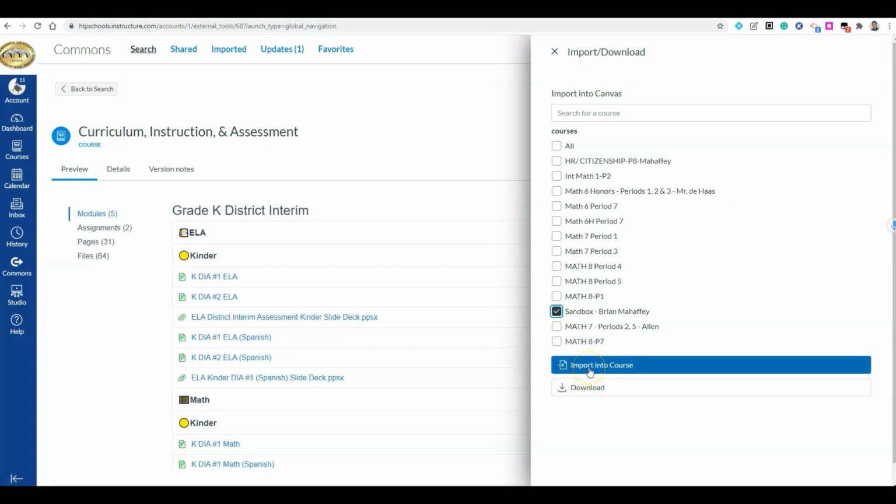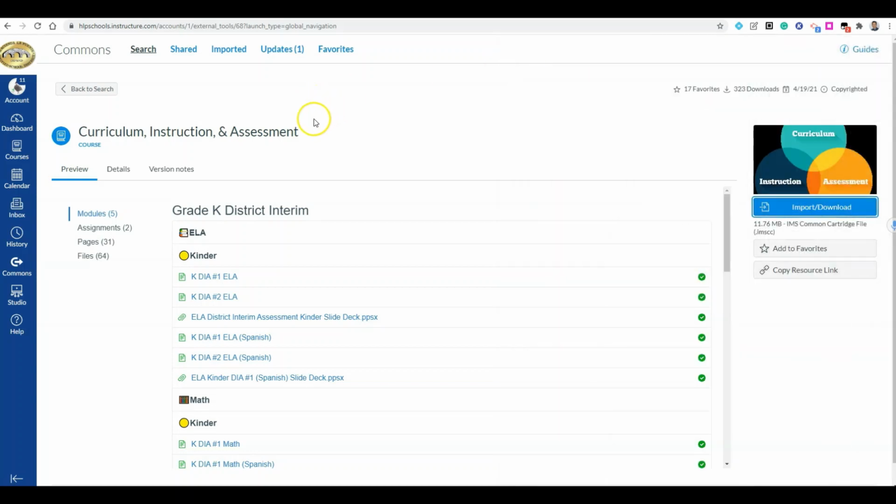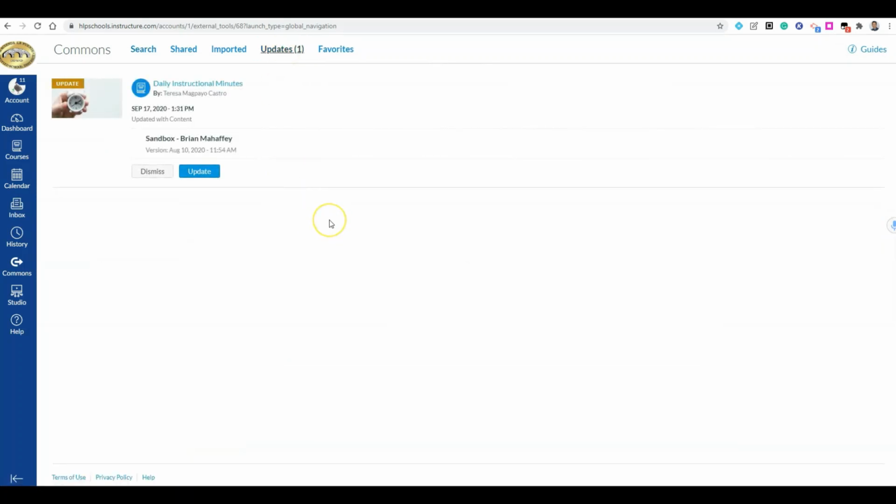and click Import. Now, some people may have already done this, where maybe you've already imported the course beforehand. Occasionally, there are updates to the course. So if I come up to the top, you can see it says Updates, and I have a 1 here. That indicates to me that there has been an update for one of the other courses that I may have